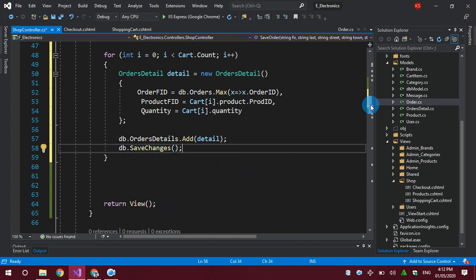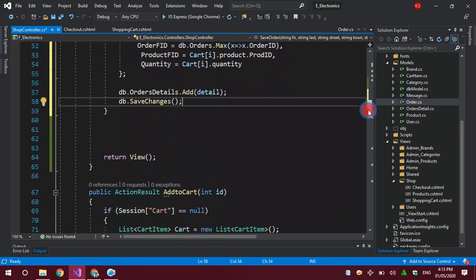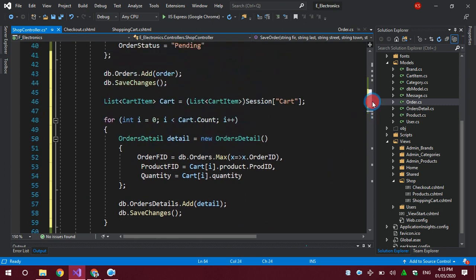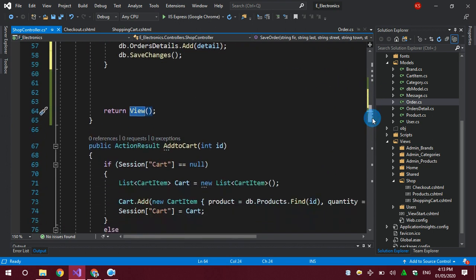Okay, after all this process is successful, we have to show the user an important message. We have to tell the user, your order has been confirmed, and an email has also been sent. In the next lecture I will show you how we can send the email from here. So we have to inform the user in some way. We may simply put a static message, but I will make this a little more beautiful and will not return to this view, because we don't have any view for save order. Save order is only a command, so we will return nothing.